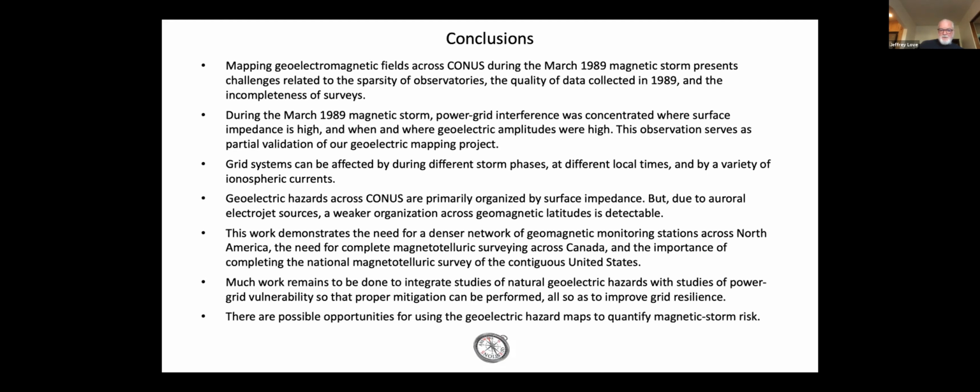So thank you very much. I appreciate the opportunity to address this community. The magnetotelluric data are indispensable. And I just want to say I am on a kind of a mission to evangelize the importance of these data for multiple applications. I appreciate that the data are collected for understanding the solid Earth and the structure of the solid Earth, but they also have some other important utility. And I just think that's great. Thank you very much.